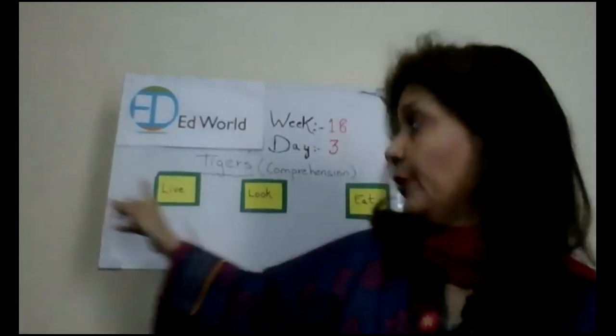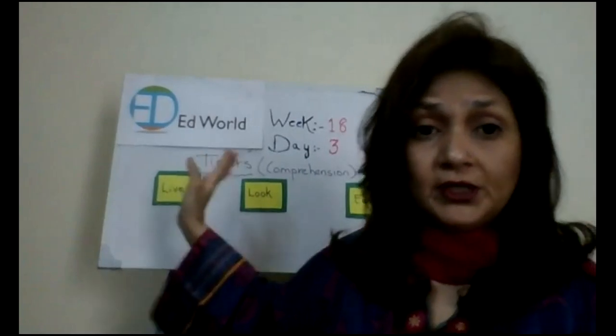So what type of a text was that? That was informative text because it was giving you information, right? It was giving you information about foxes. You have read in your Nelson English the text which was giving information about foxes. What type of information? Where does fox live? What does fox look like? And what does it like to eat?